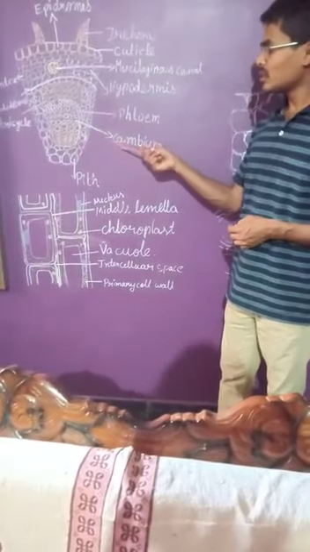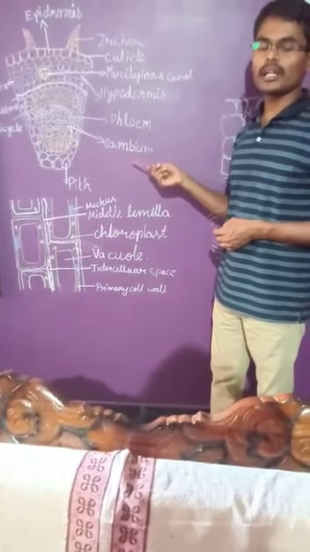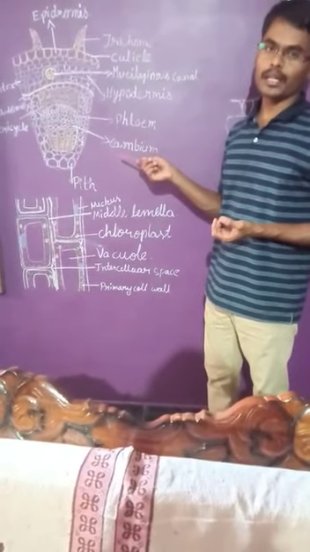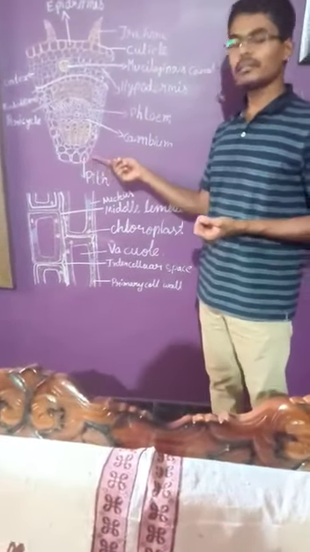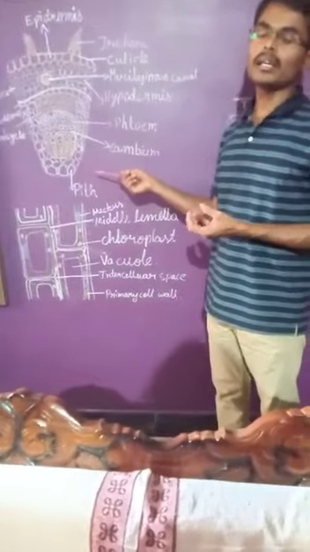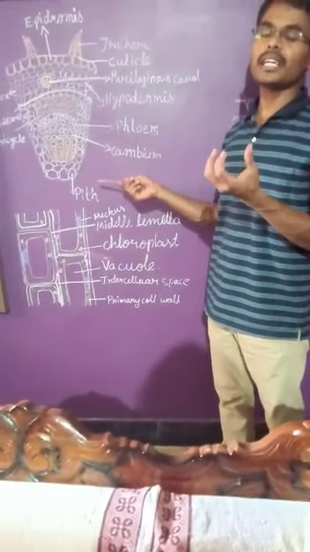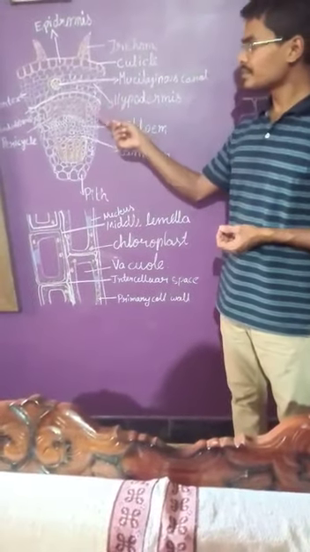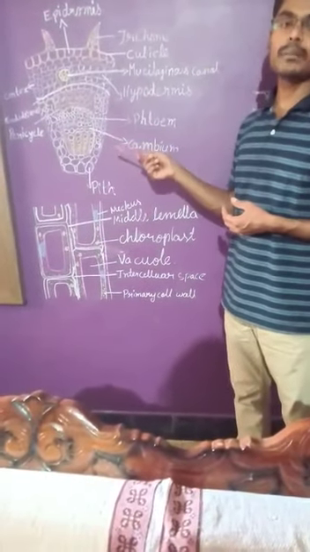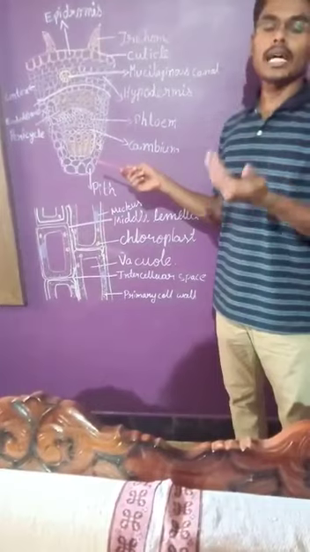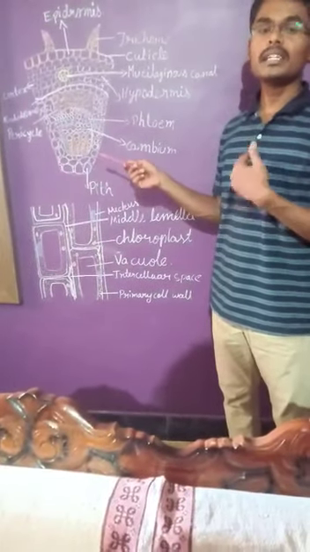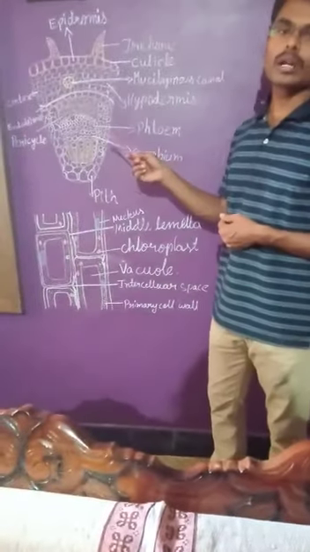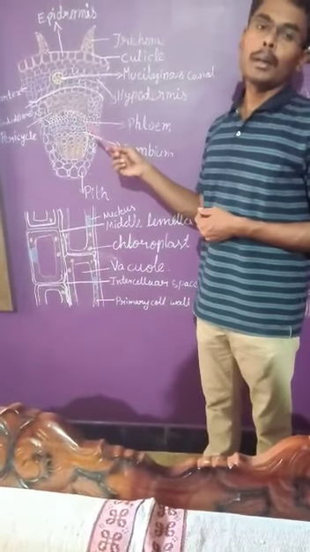And one more thing here, the cambium, what I have written, this is another name of the lateral meristem. And the pith, this is an important part, in the centermost part we can see in any kind of plant tissue. By taking this example, I am going to explain the types of the permanent tissues. In that simple permanent tissue, we have one more type, the parenchyma.